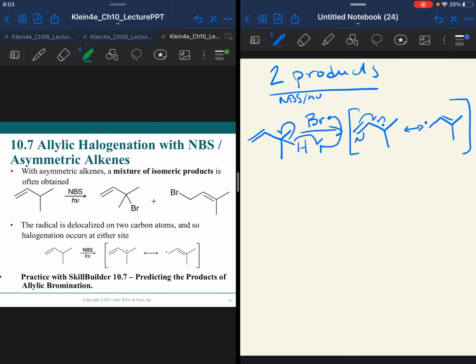It's like when you have a plus charge or a minus charge in resonance, and that charge is shared or delocalized. In this case, this unstable radical is shared by two of the carbons. So both of those carbons are actually going to be reactive. So the bromine can add to either position. The next step would be this radical, either one, reacting with the little bit of Br2